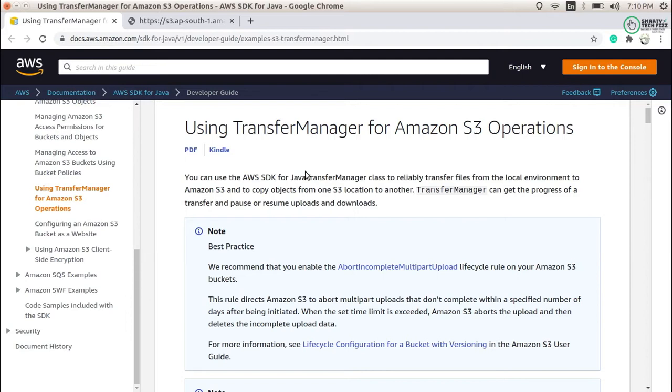This video is only about creating the client from the transfer manager, and then we will test it using simple code to check whether it is working fine or not. For the operations related to the transfer manager, I'll upload the next few parts, so please go through those if you want to see them. So let's get started with today's topic: how to create a client of the transfer manager and use it with a simple example.